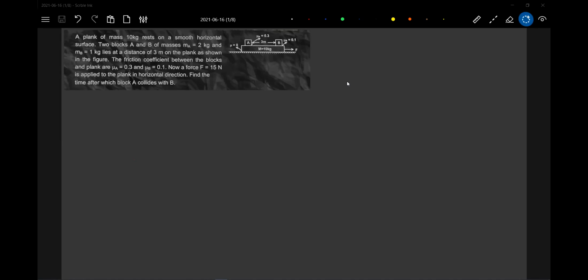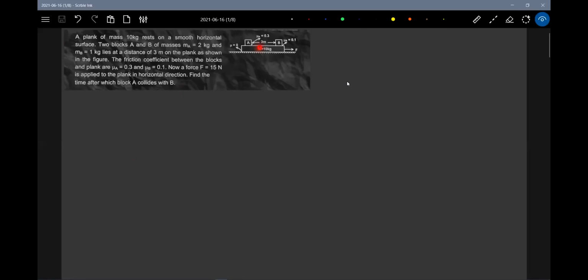Okay, there's no friction between the plank and the ground. There's friction between block A and the plank, and also between block B and the plank. Now, force F is applied. First, we'll assume that there's no slipping anywhere. Then all will move together, and we'll calculate the acceleration. Then with that pseudo force, we can check the friction acting on both the blocks. If the friction acting is greater than the limiting friction, then slipping will occur. If slipping occurs, we'll see what has to be done, and if no slipping occurs, what has to be done.